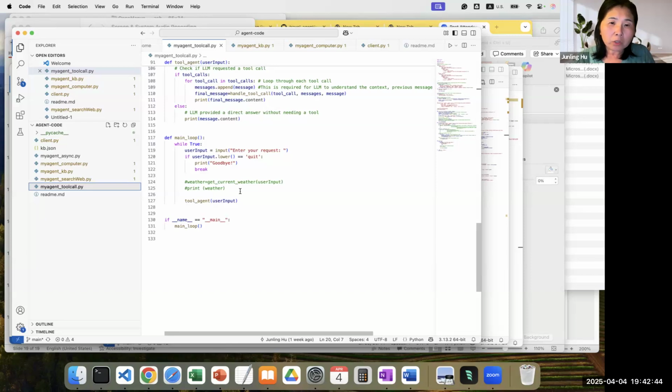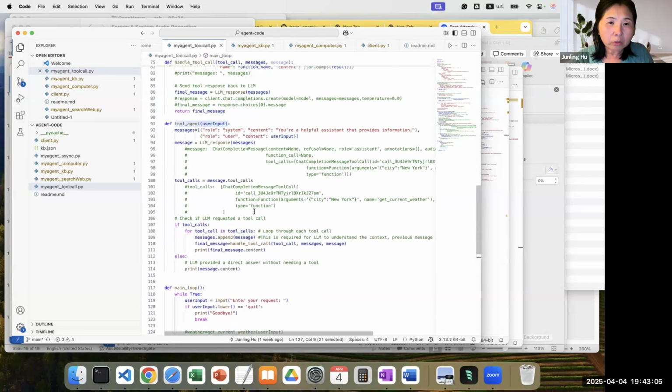The agent is something that interacts with the user. This is the fundamental part. After that, we will call this a tool agent. Notice that this is a continuous loop.